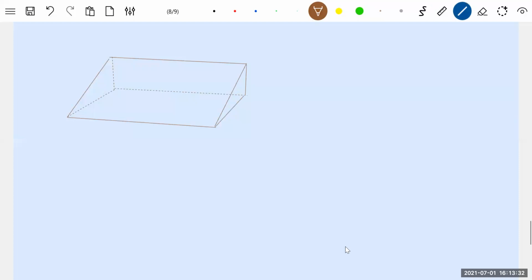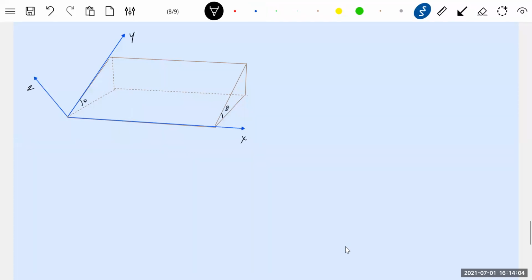This is some inclined plane. This will be the x-axis. This will be the y-axis, and the z-axis is something perpendicular to it. Just make observations. Very easily you can manage something. You need not get scared. This will make an angle theta. No, this is the inclined plane. A very large inclined plane.